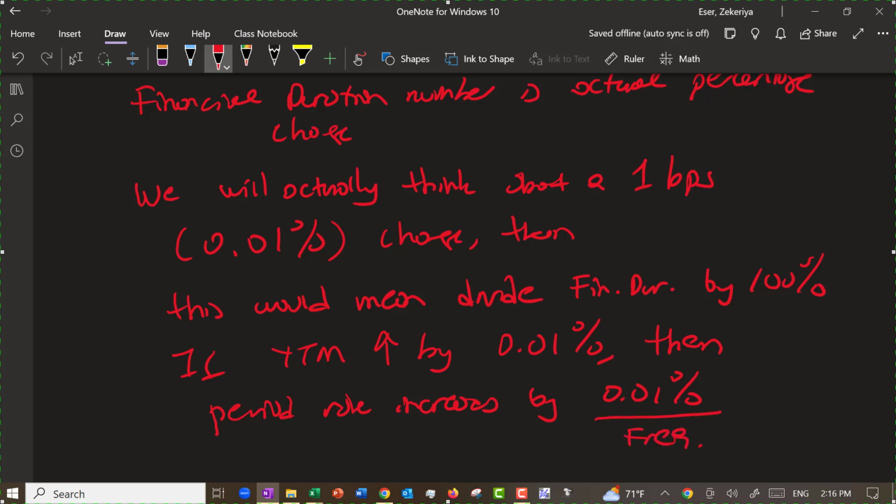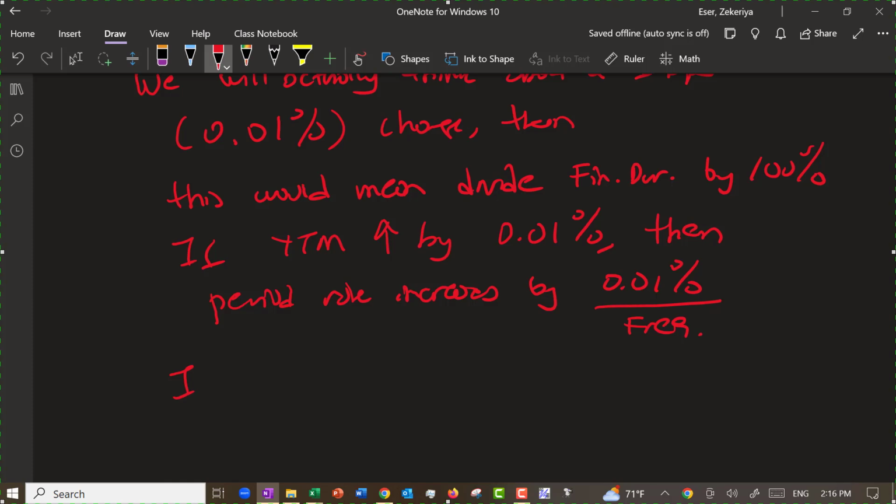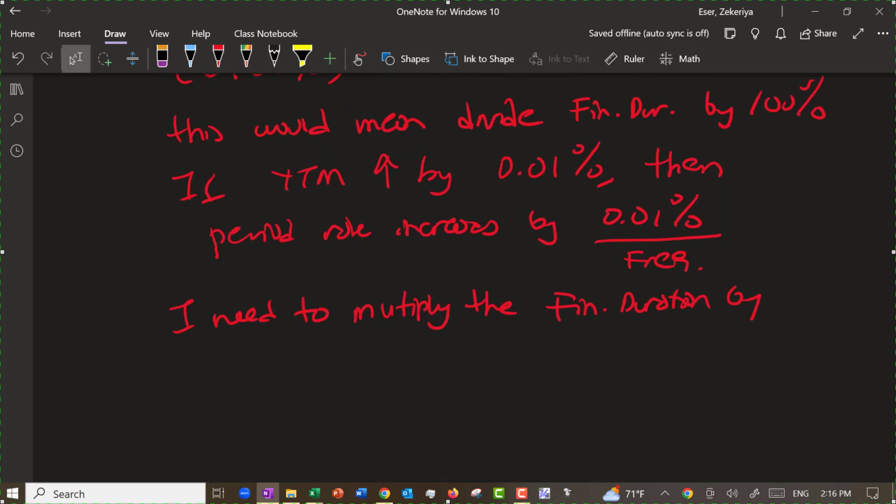That means I need to multiply the financial duration by, I need to further divide. Let me see. Yeah, I need to multiply it by